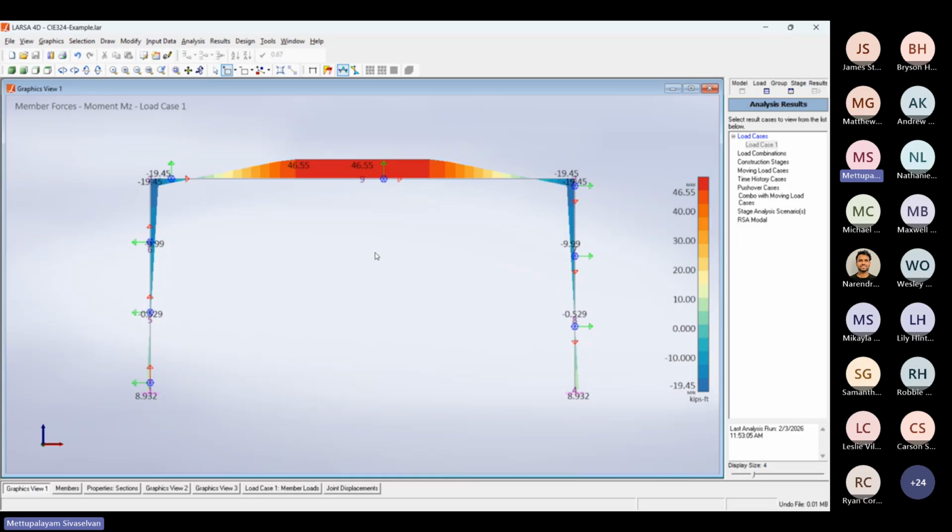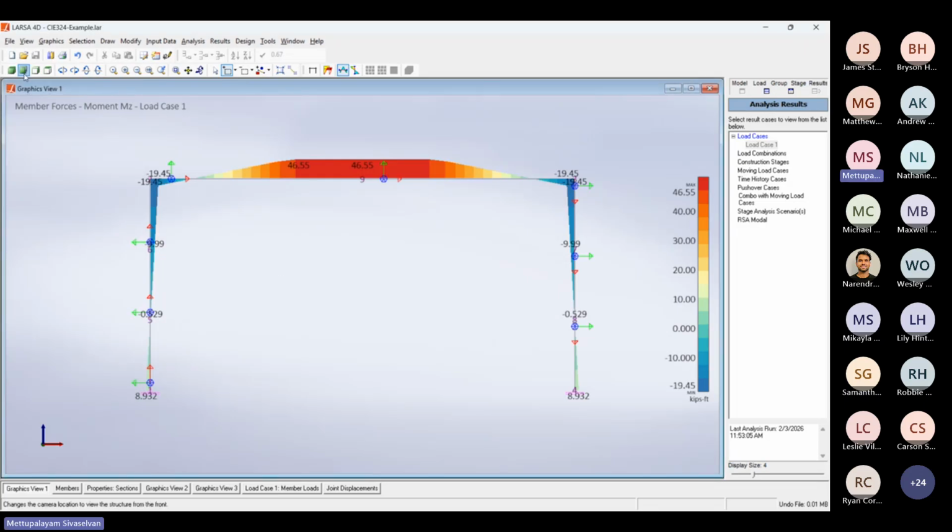So we looked at the moment diagram, but we can also look at actual values. There's a question in the chat. Yes. Oh, is there a question in the chat? Yes. Thanks for pointing it out. Let me see here. Oh, can you show how to break up members again? Okay, all right. So,